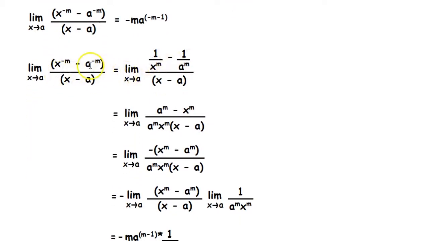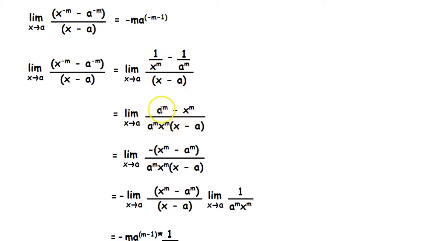So here what our first step should be is to change this negative power into a positive one. So for that we change our numerator to 1 over x to the power m minus 1 over a to the power m. Now we have positive powers here in our numerator. So then we can now simplify this in our usual way. So that would be a to the power m minus x to the power m divided by a to the power m into x to the power m. So that will come down to the denominator.